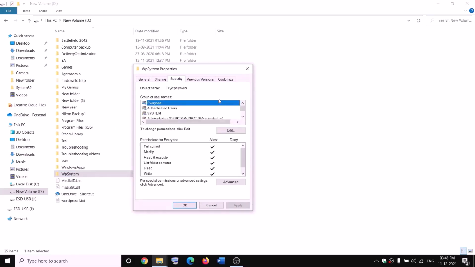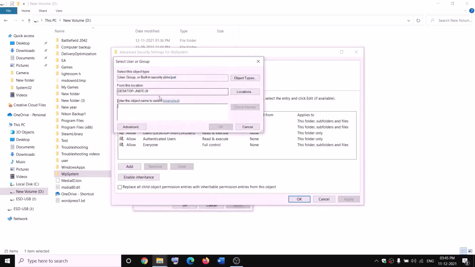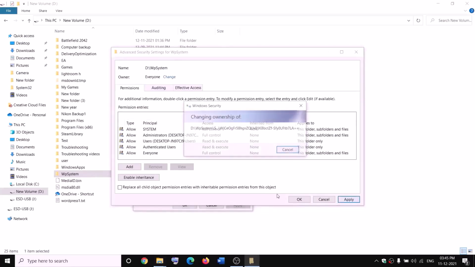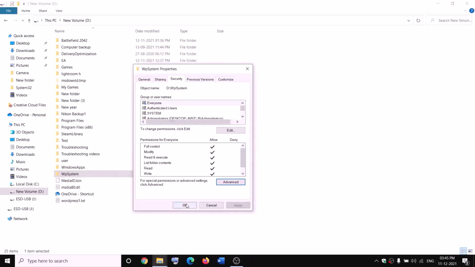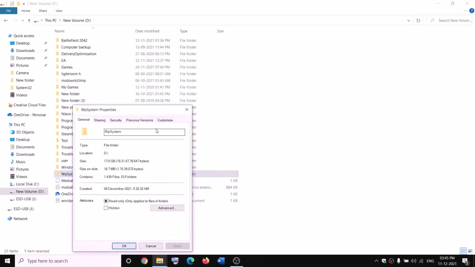We will go ahead and take the ownership of this folder. So go to security tab and then click on advanced. Now click on change over here and then type in everyone over here, everyone, and then click on check names, then click on OK. Now put a check on the box which says replace owner on subcontainers and objects, and then click on apply. OK, OK, OK, and then again make a right click on WP system folder, select properties once again, go to